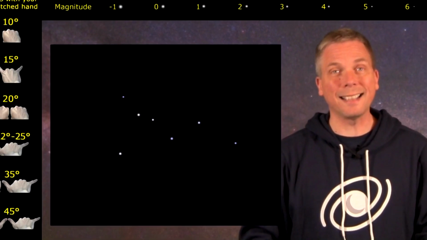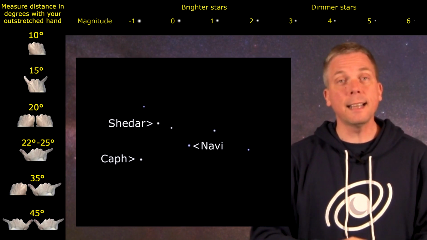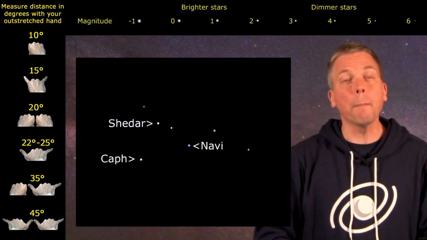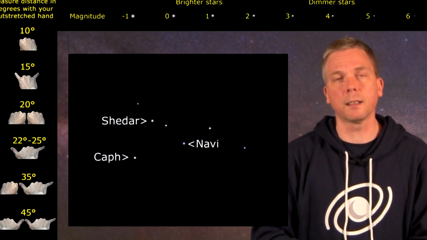To find them more easily, it does help to have an understanding of the names of Cassiopeia's stars. The 3 brighter stars at second magnitude are Caph, Shedar, and Navi. These are the names that most amateur astronomers are likely familiar with using for this constellation.